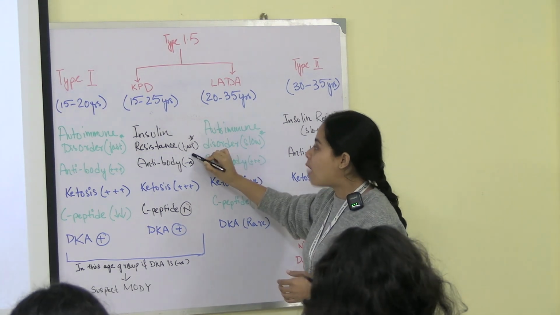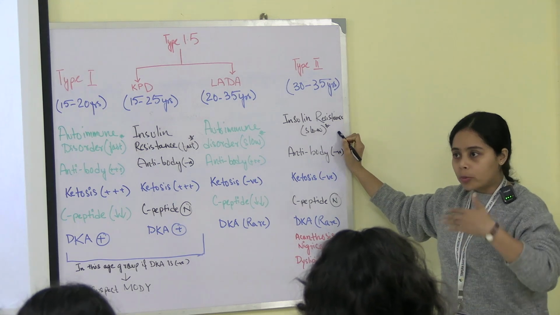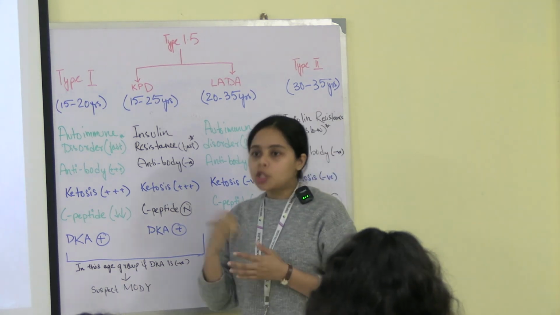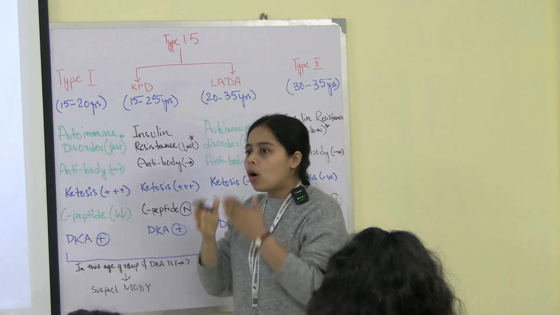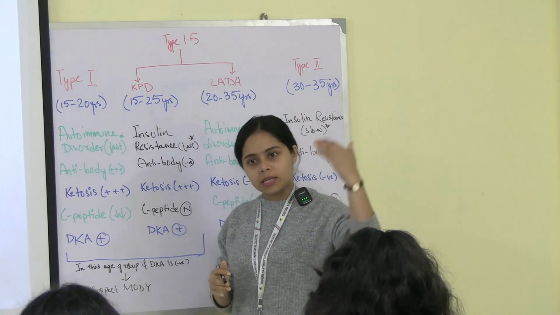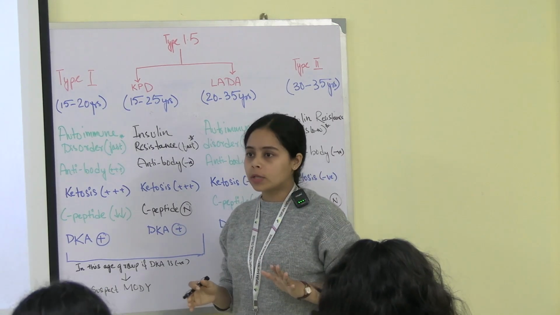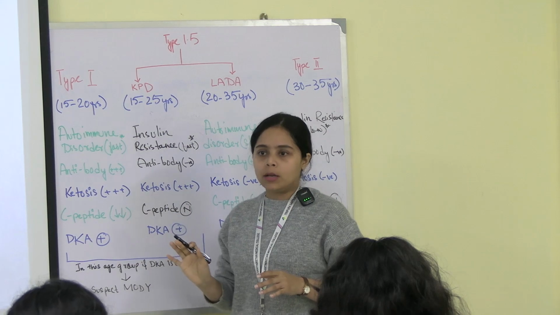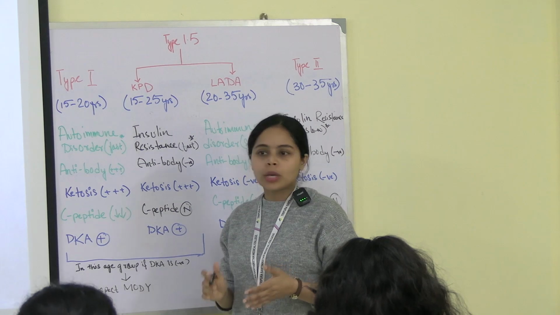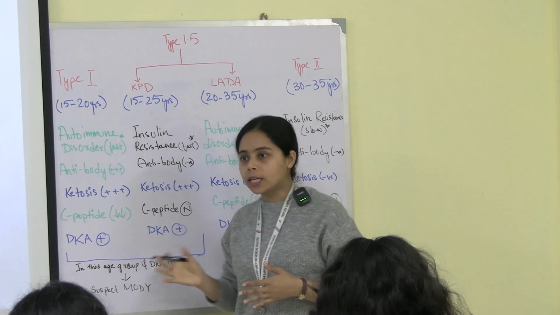Okay, but it is a fast process. Now this type 2 was a slow process, right? But this one is fast. Fast why? Because maybe the child at 15 years of age all of a sudden developed this insulin resistance. He was fine since his birth, normally functioning, everything was fine. But the onset is sudden, his body started insulin resistance all of a sudden. So in that case, what will happen? Ketosis will be there. If it stops all of a sudden, obviously ketosis will be there.